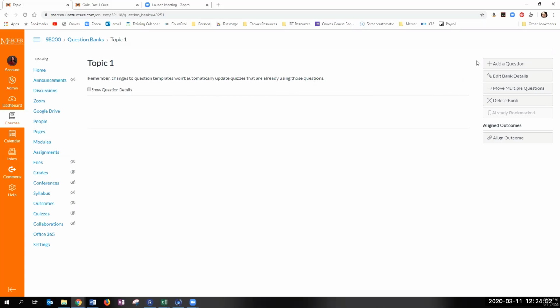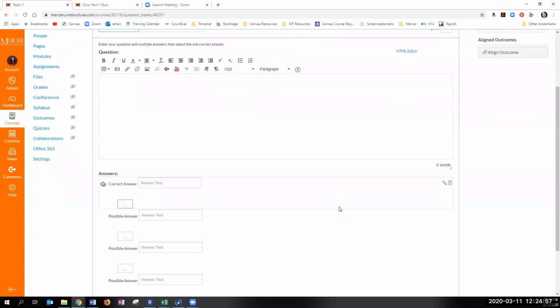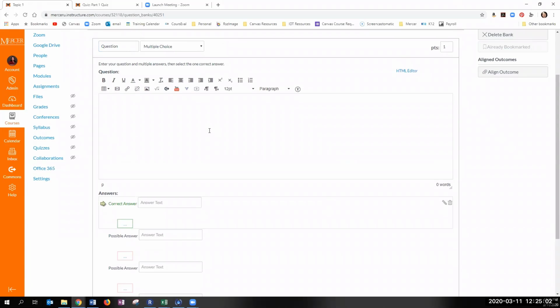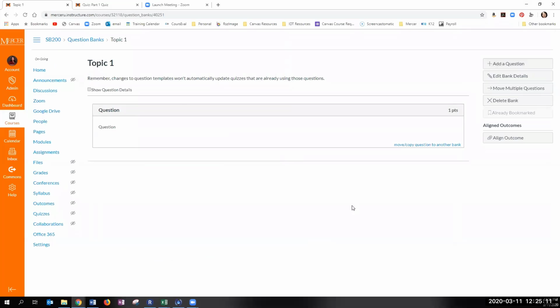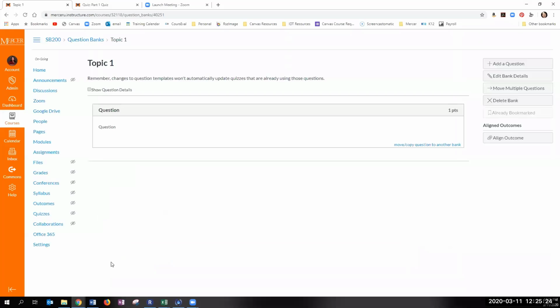Okay, so now I'm going to add a question. And this is exactly the way you would do it in an individual quiz, so I won't go through all that. I'll just add a little in here so we can have an actual question. And then update question. So then you'll see you can move or copy the question to another bank. You can continue adding questions from this bank. And so then when you're ready to use the actual question bank in a quiz,